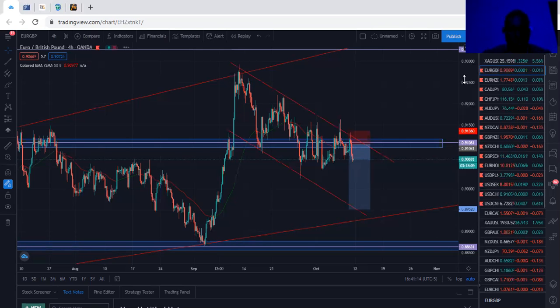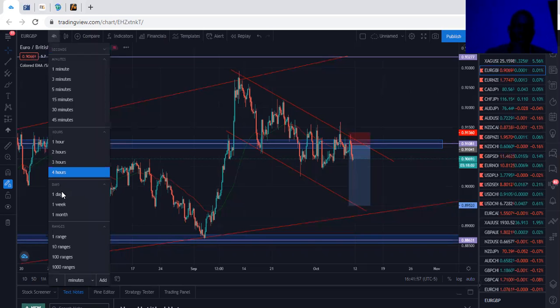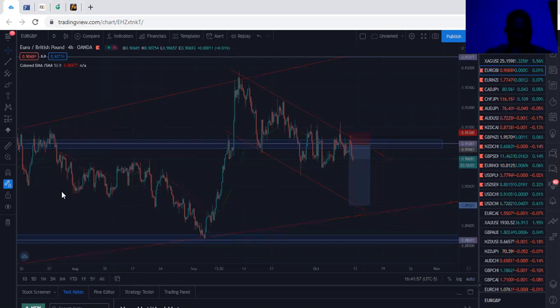So currently here, this is what I'm looking at on Euro Pound. I'm currently in this trade. What I normally do is go to the daily, or most times the weekly, and get the overall direction, the overall market structure of the particular pair I am looking at. Since I've already marked everything up, I'm just going to go to the daily and show you guys exactly what I am looking at and how I'm going to react to it. So the network right now is bad, but